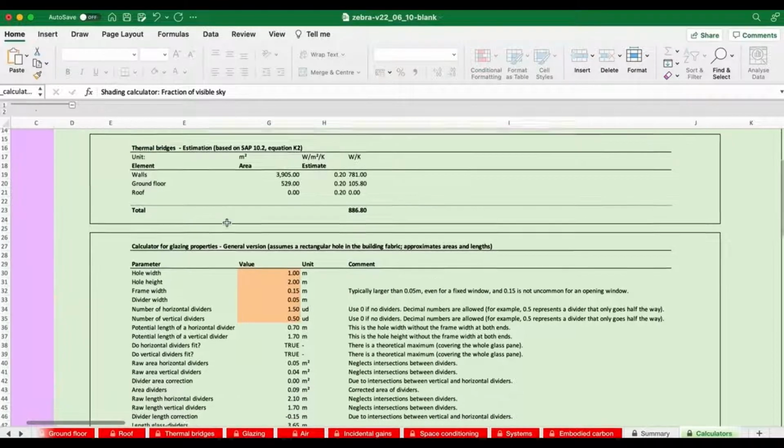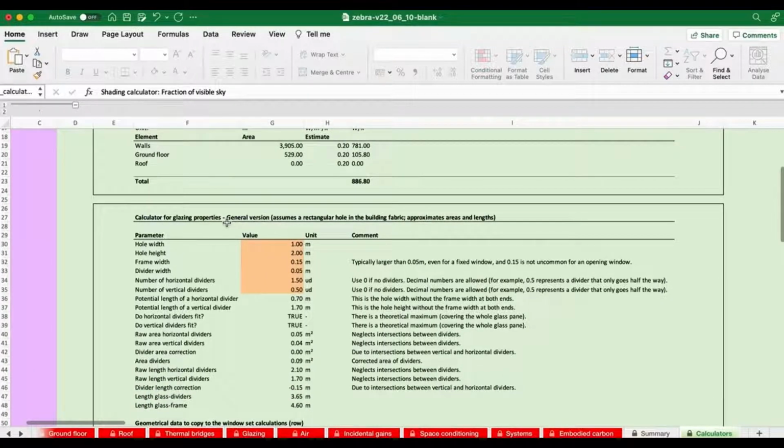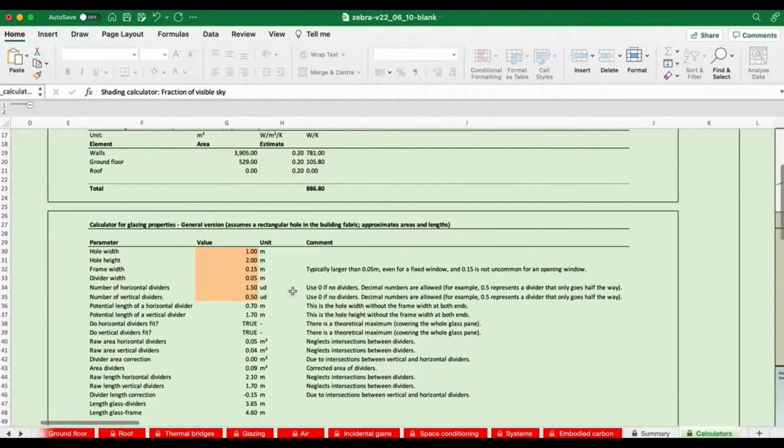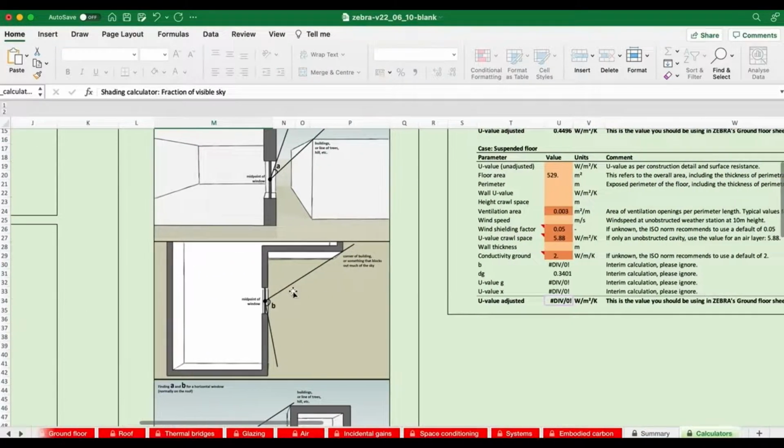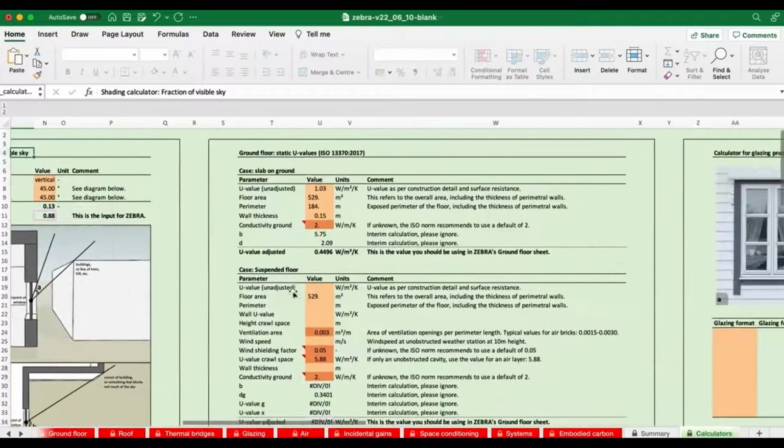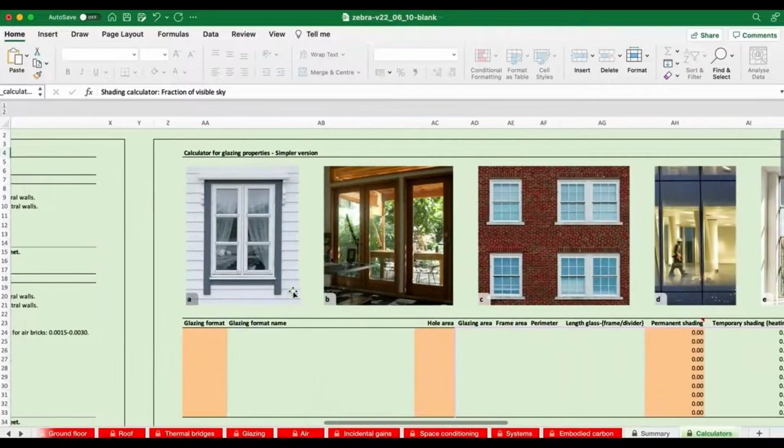So the first thing we do is think about how to specify the window and how much detail we have. So are we working with defined hole widths, frame widths, divider widths for glazing bars, number of vertical dividers, number of horizontal dividers, or not? And we're at a very early stage of the design, so we don't really have the windows well specified at all. So we're going to use a different technique, which is to look at these pictures here.